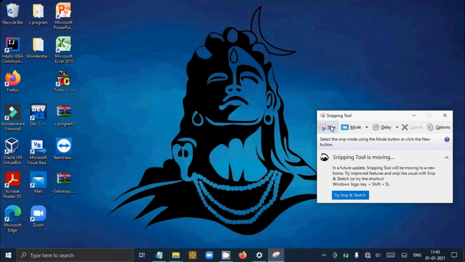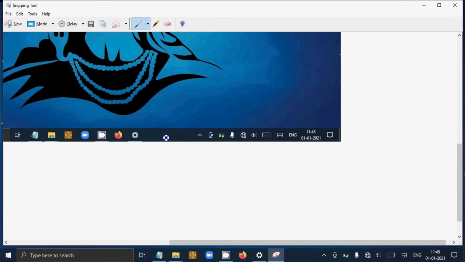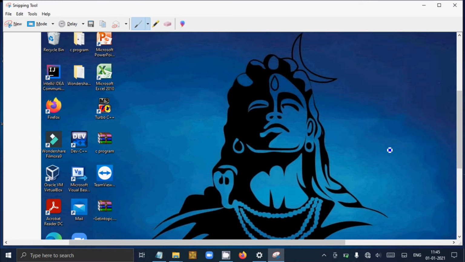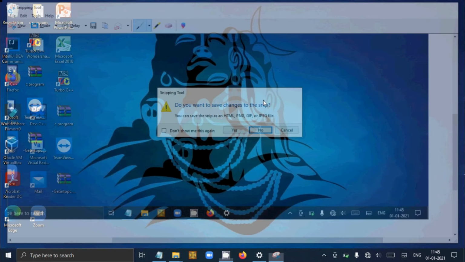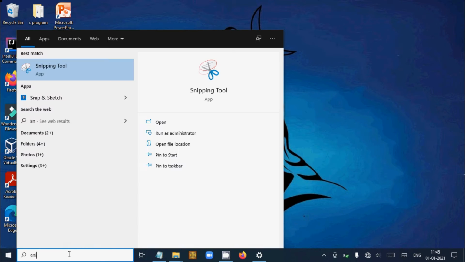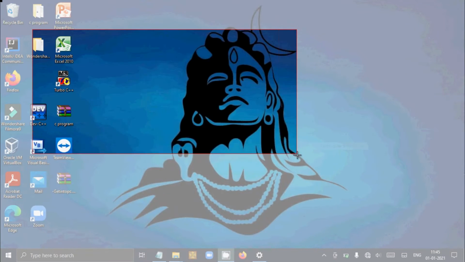With the Snipping tool, you can take a screenshot of a window, a triangle, or a right angle like this.